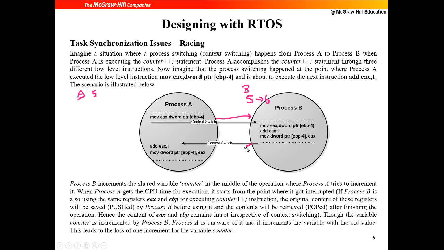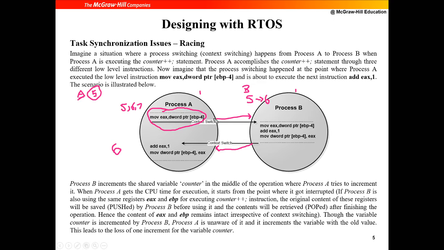Then process B is done, right? So you come back here and continue with process A. But what will process A do? It will add 1 to the counter. What is the counter value? The counter is 5 here, because process A's counter value is 5 only. Even though it's a global variable, it has locally stored it and did a context switch. Because of this, it will also report count as 6. But what should be the actual count? The actual count should be 7, because this has incremented 1, and this has incremented 1. From 5, it should have become 6, and then 7. But it's not the case. It has become 6 only.